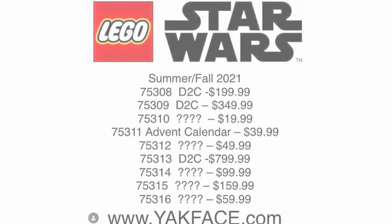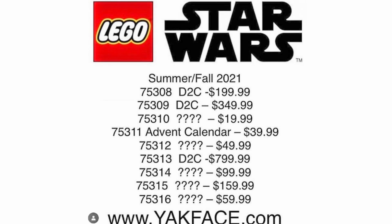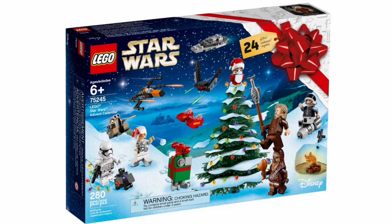Now, set 75301 is, I believe, a $40 set, which I think is interesting, and again, I'll get into that in a second. Next up we have 75311, the Advent Calendar, $40, obviously nothing super special there, it's pretty normal. This is the big one,